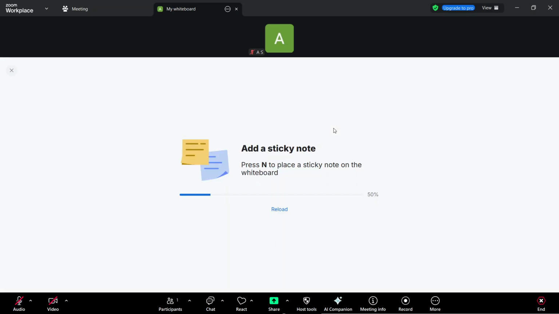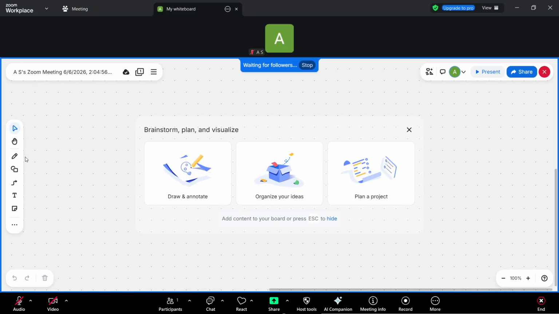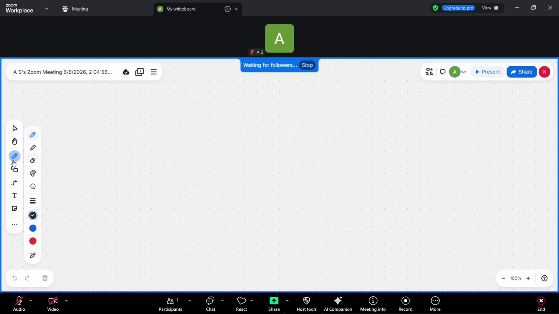This is where most of your main tools are located. You'll see options like Select, Grab, Pen, Shape, Line, Text, and Sticky Note. These tools let you interact with your board in different ways, depending on what you're trying to create. For example, the pen is useful for freehand drawing, while text and sticky notes are great for organizing ideas clearly